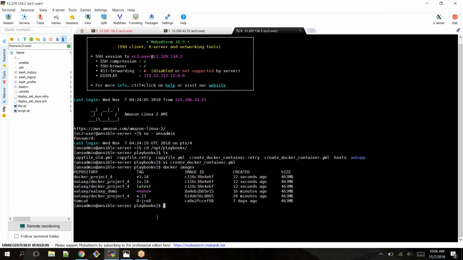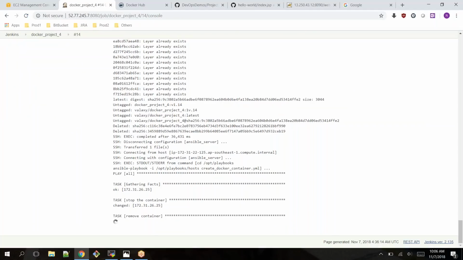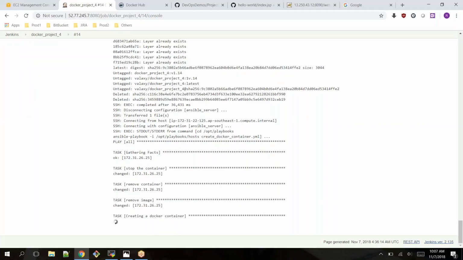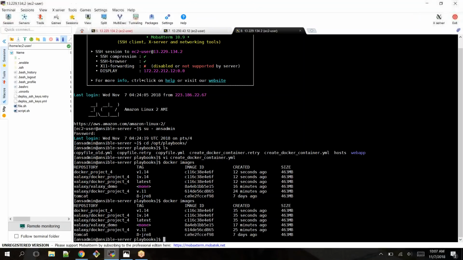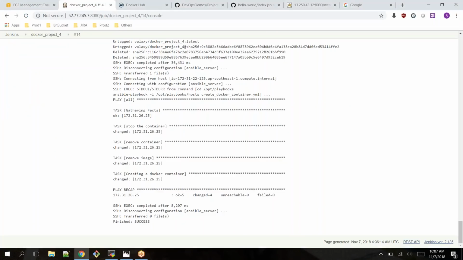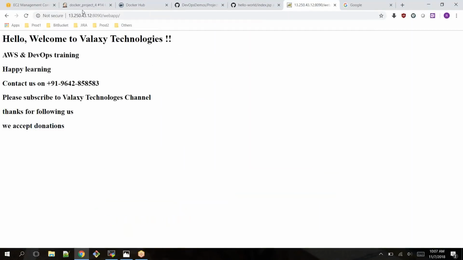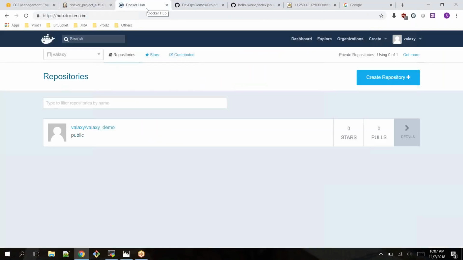So it is removing the container, because with the latest one, it should create a container. Yes, it's executed. Here it should remove the images. Yes, it's removed. These are from my previous testing. Before doing this video, I was doing some testing. So the image has been deployed with the same port number. It is running. Now what we need to test in Docker Hub, we should see the